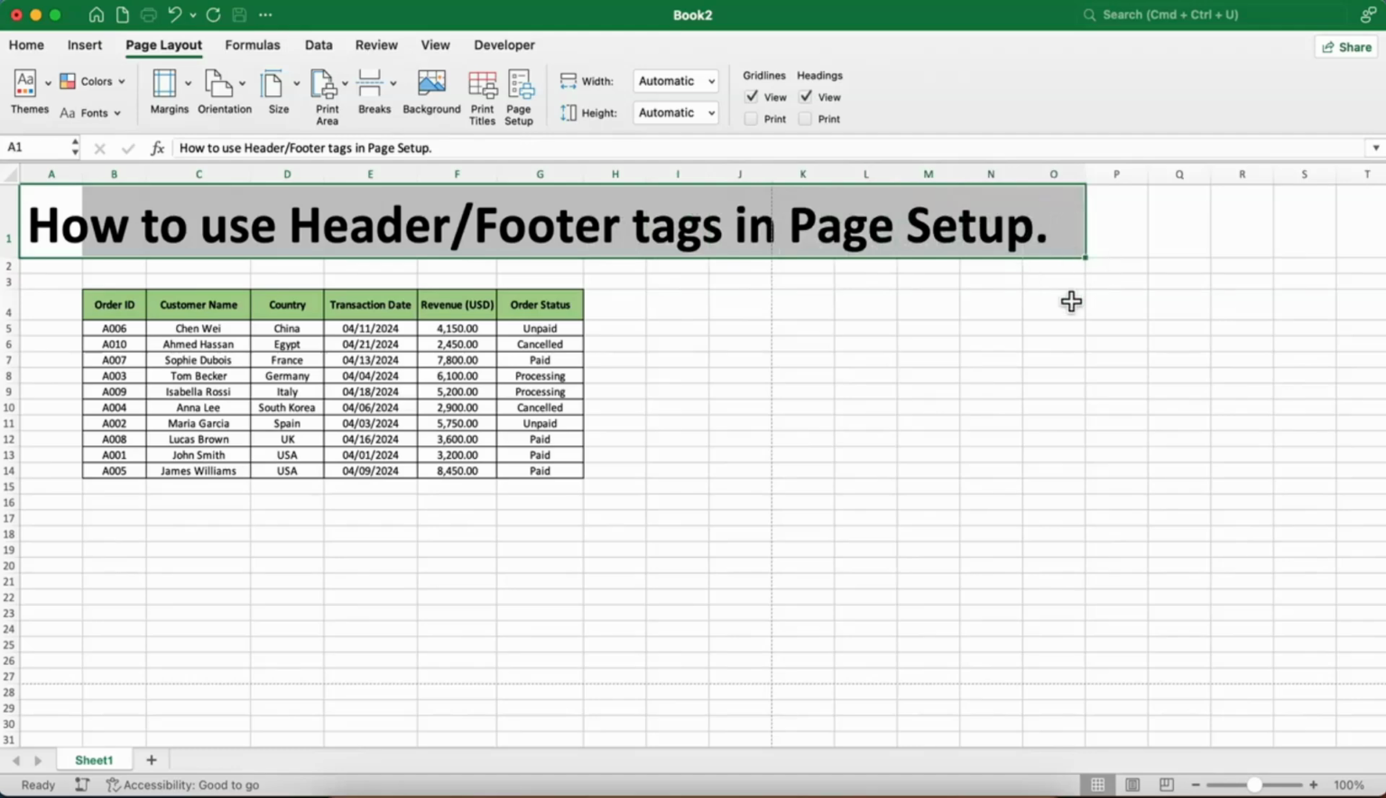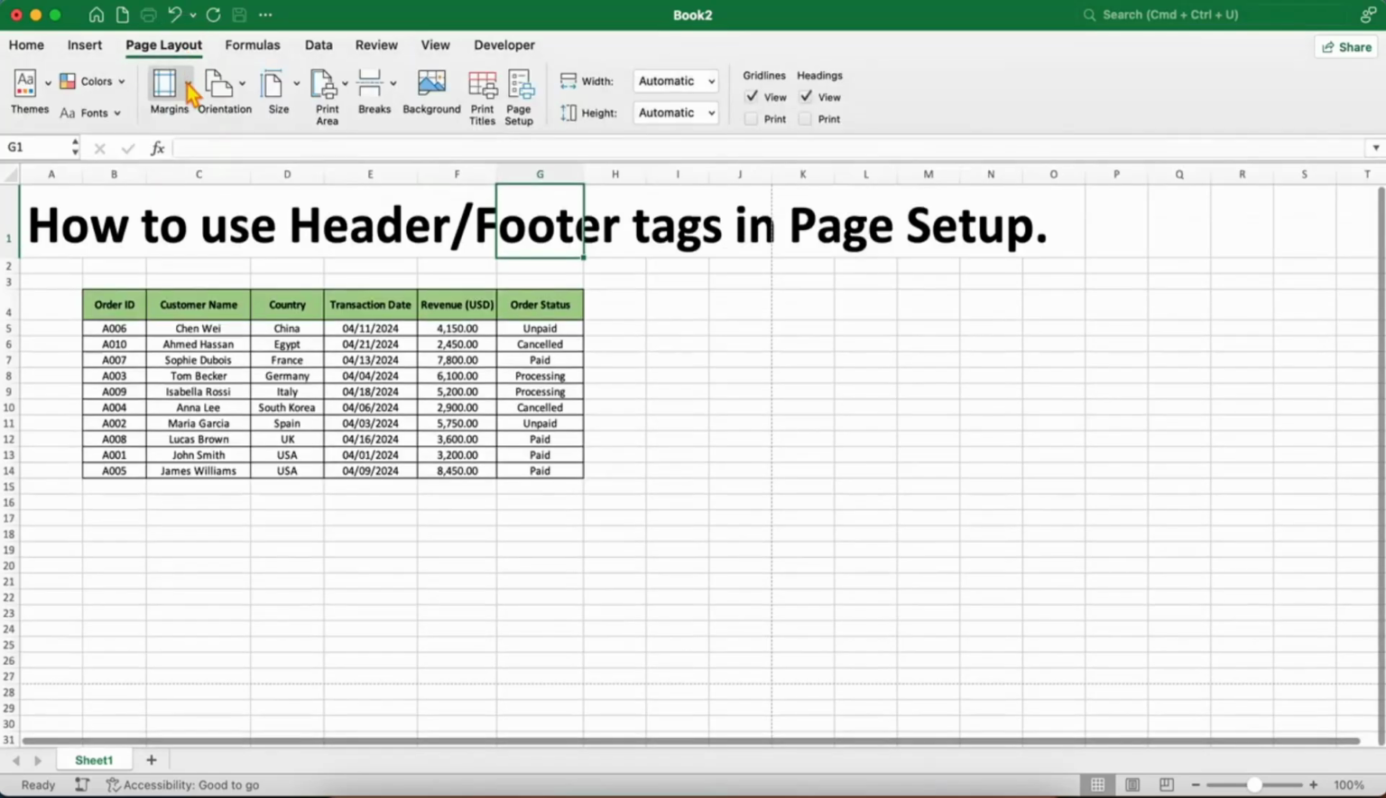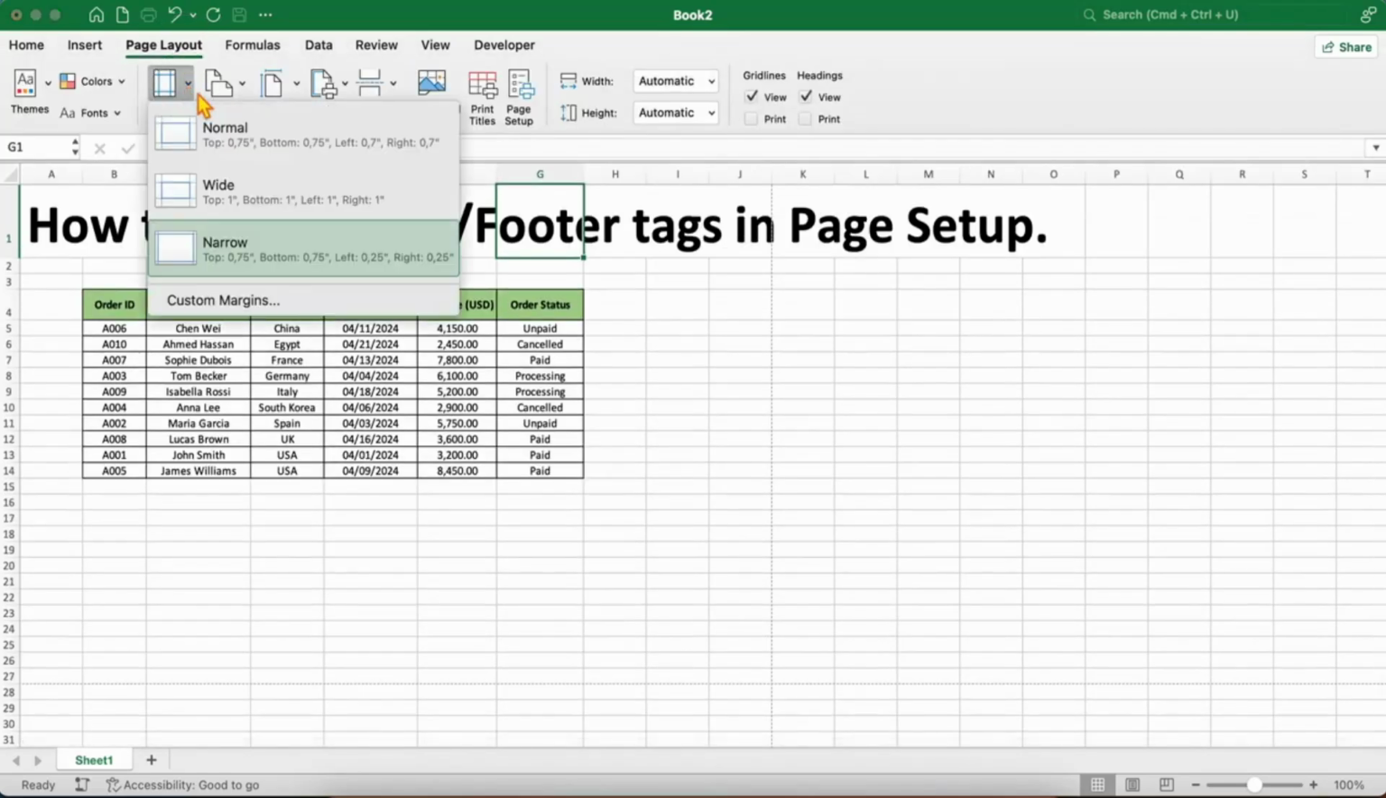First, select the worksheet you want to print, then go to the Page Layout tab and click on Margins. From there, choose Custom Margins to open the detailed page setup window. Within this window, navigate to the Header / Footer tab, where you can easily add content to your printed page's